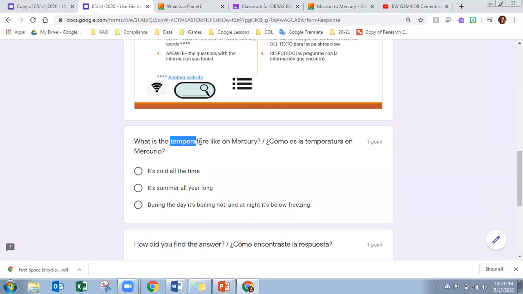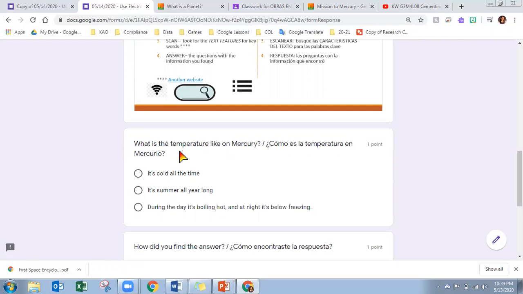So I know temperature is a pretty good keyword because that is our vocabulary word that we know already, and it's a pretty big word. So I know I can see, oh, the temperature of Mercury is, so Mercury is another keyword that will help